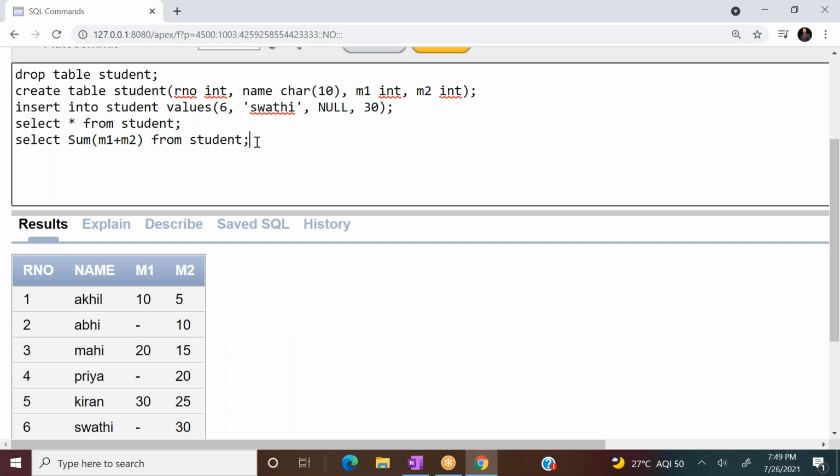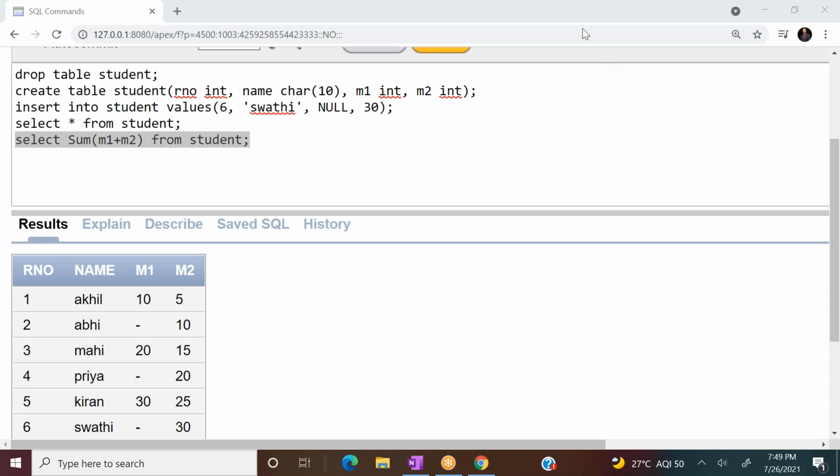Now, if I execute this query, what is the output of this query? 15, Surendra, 15, 10, 35 and so on.